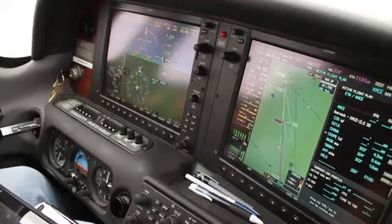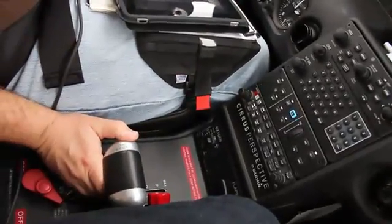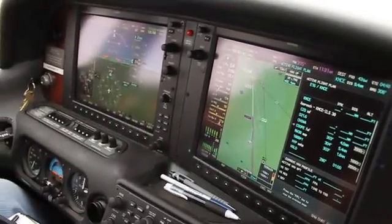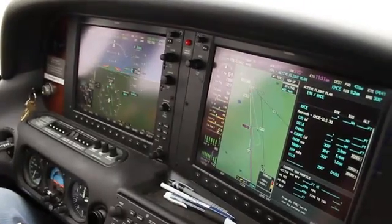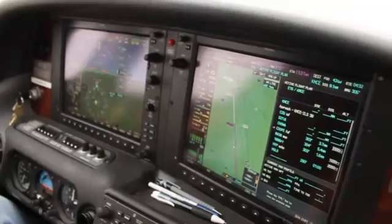And we leveled at 2000, so I need to put a little bit of power back in to maintain the airspeed I want. And when we reach Coop, I'll slow down below 120 for the flap deployment speed of 119. We'll get the flaps out and we'll glide down at...